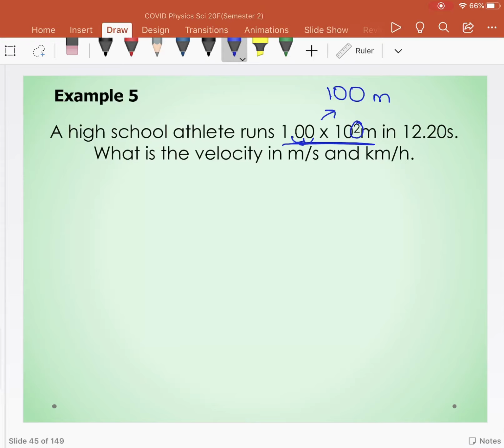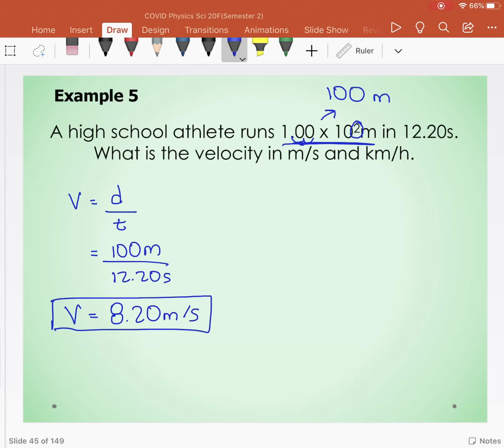Okay, velocity in meters per second. Now, even though it's velocity here, we weren't given a direction, so it's essentially calculating speed. So 100 meters in 12.2 seconds, and that's going to be 8.20 meters per second. Now, if I'm going to convert to kilometers per hour, I could have chosen to separately convert each of those to kilometers and then hours, or I can just choose to convert my final answer